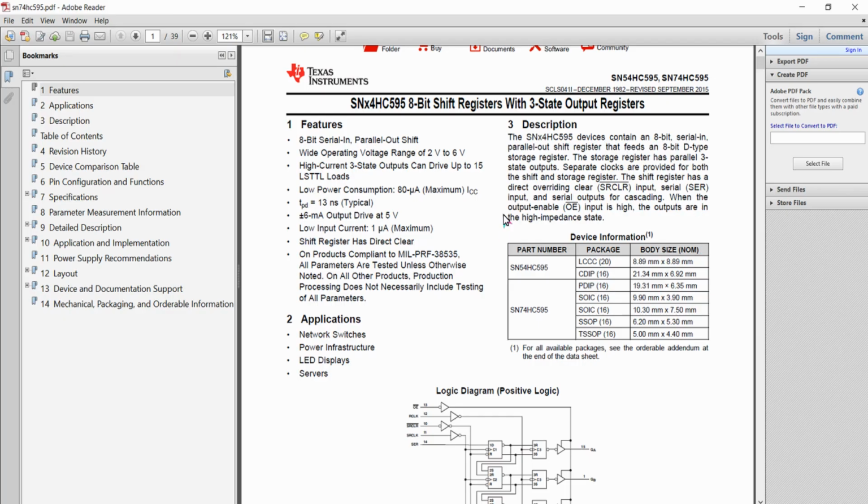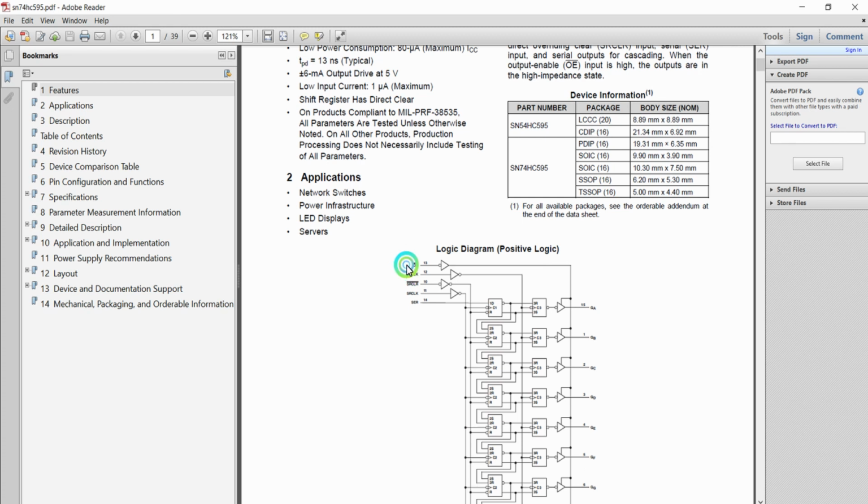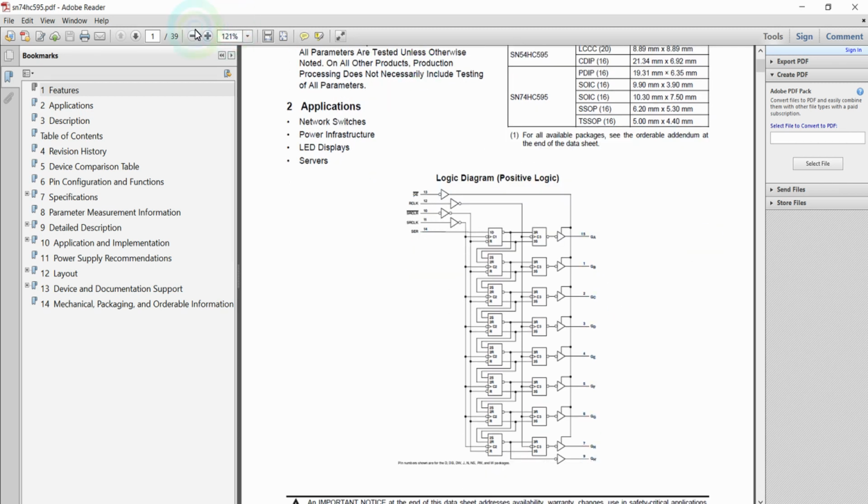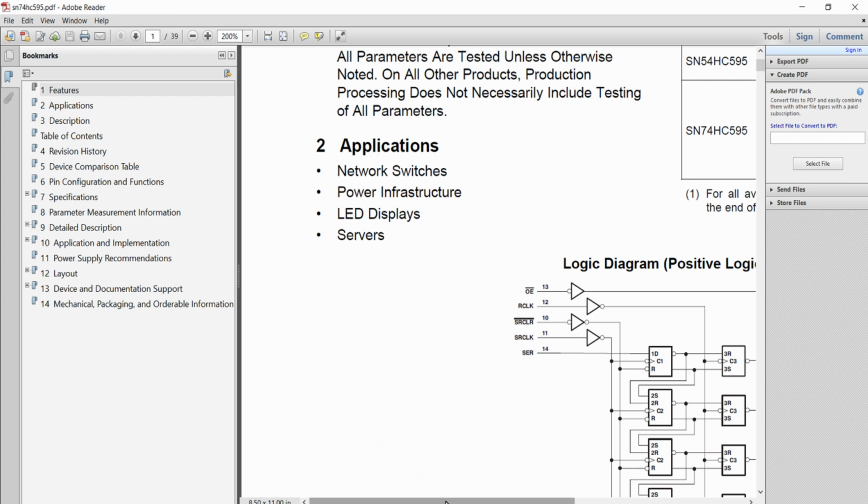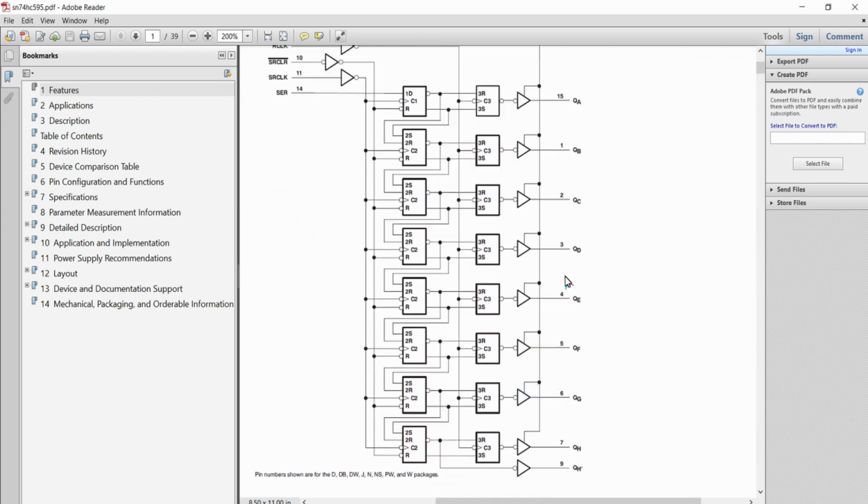So you can see this shift register, 74HC595, is basically a serial-in parallel-out converter. That is nothing but, if you give 8-bit serial data as an input through the serial port of this IC, that data will be converted into 8-bit parallel data, and then that will be provided at the output pins of this shift register, that is these pins starting from QA to QH.